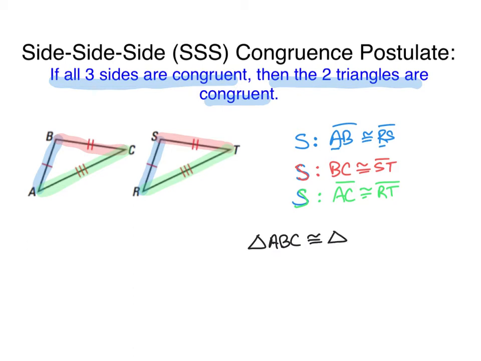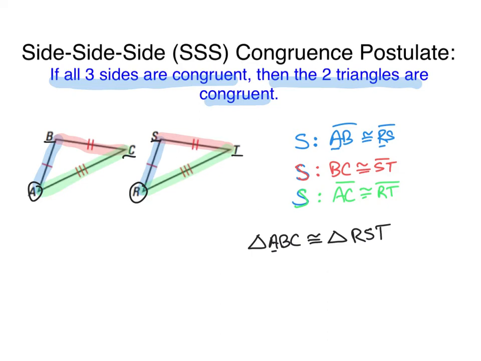Now when you make your statement, you have to make sure that the corresponding parts line up. So A went with angle A is the same as angle R. So then I'll say R, and B, S, so then S, and then C went with T, RST. All right, we'll keep working on those congruence statements as we go, but that's the basics of the side, side,